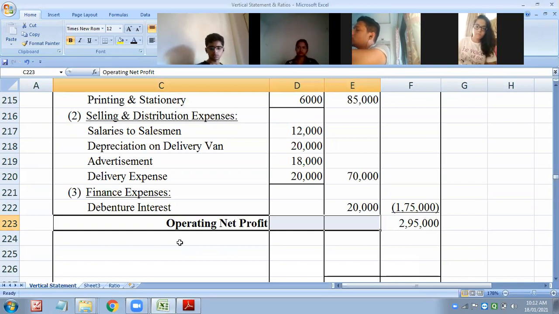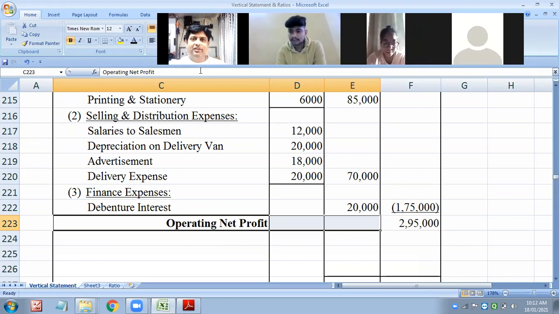Now after this, what all do we need to consider after operating net profit? What items are to be taken in the revenue statement or income statement? Can anybody? Non-operating income or expense. Yes, Aryan. Why is it known as non-operating? Because it is not based on day-to-day business. Yes, because it is not recurring in nature, it is not done from business activity. It is basically other than business activity. Okay, Aryan, I'm very happy.